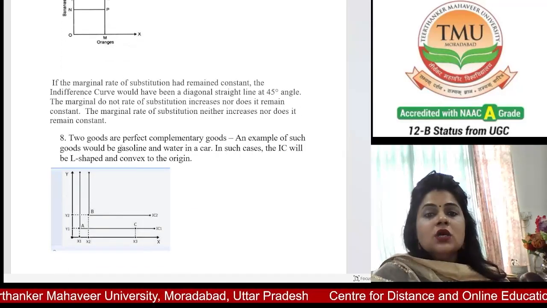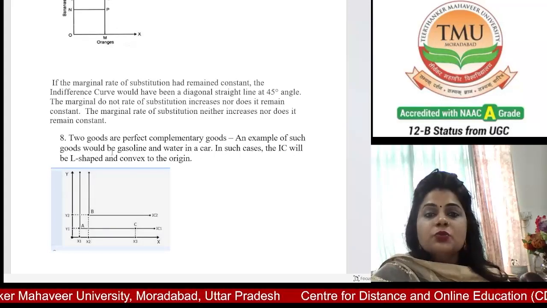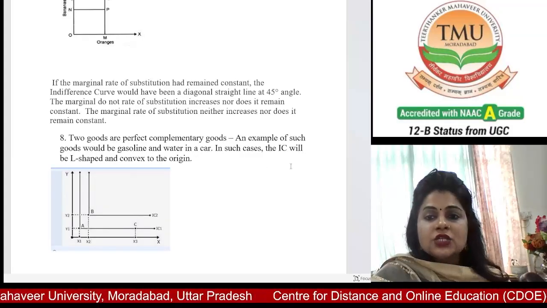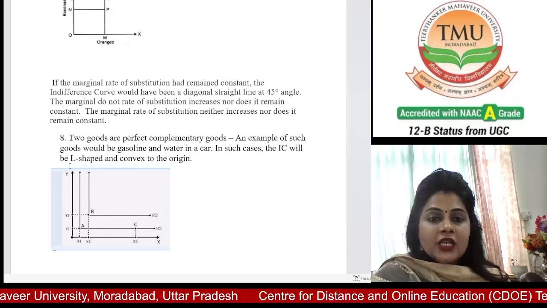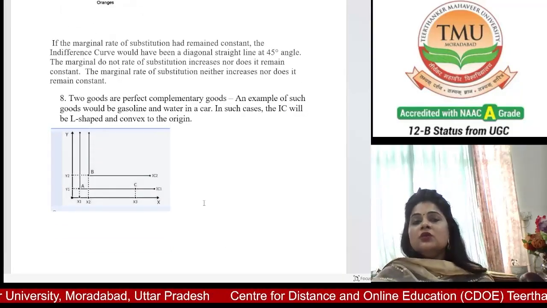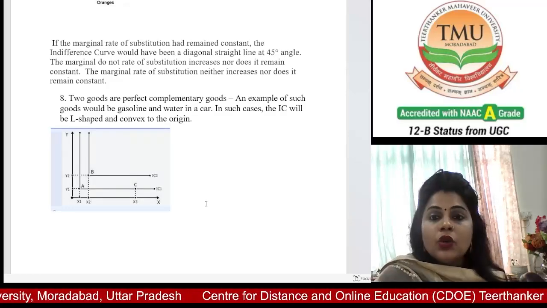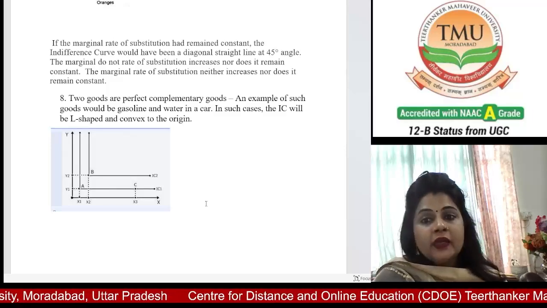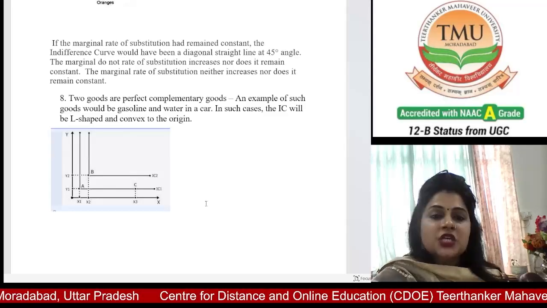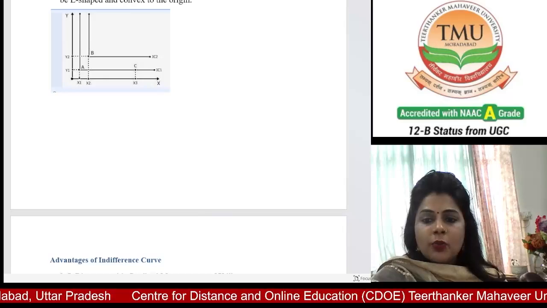Now, two goods are perfect complementary goods. An example of such goods would be gasoline and a car. In such cases, the IC will be L-shaped and convex to the origin. As you see in this figure, complementary goods are goods which depend on each other, such as petrol and car, ink and pen. In the case of complementary goods, the indifference curve is always L-shaped. I think you have understood properly